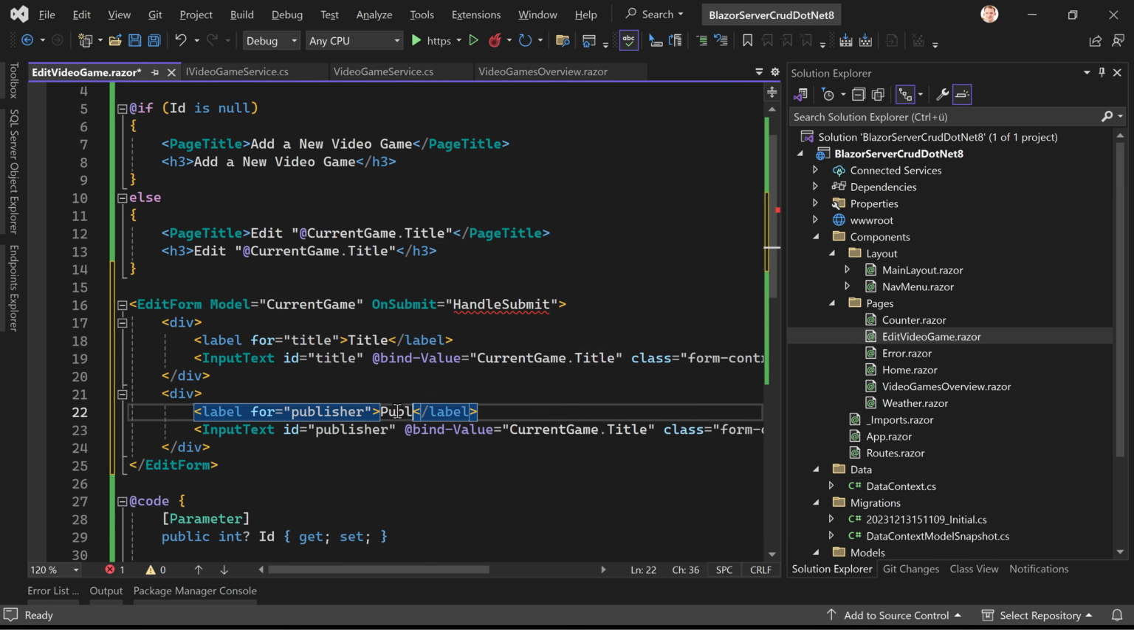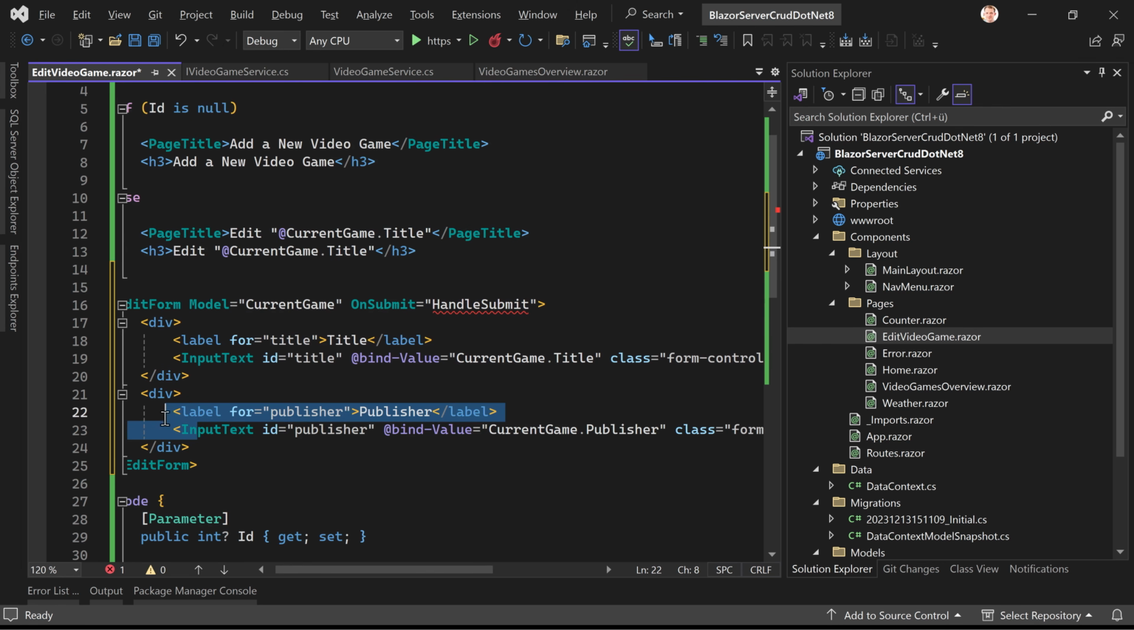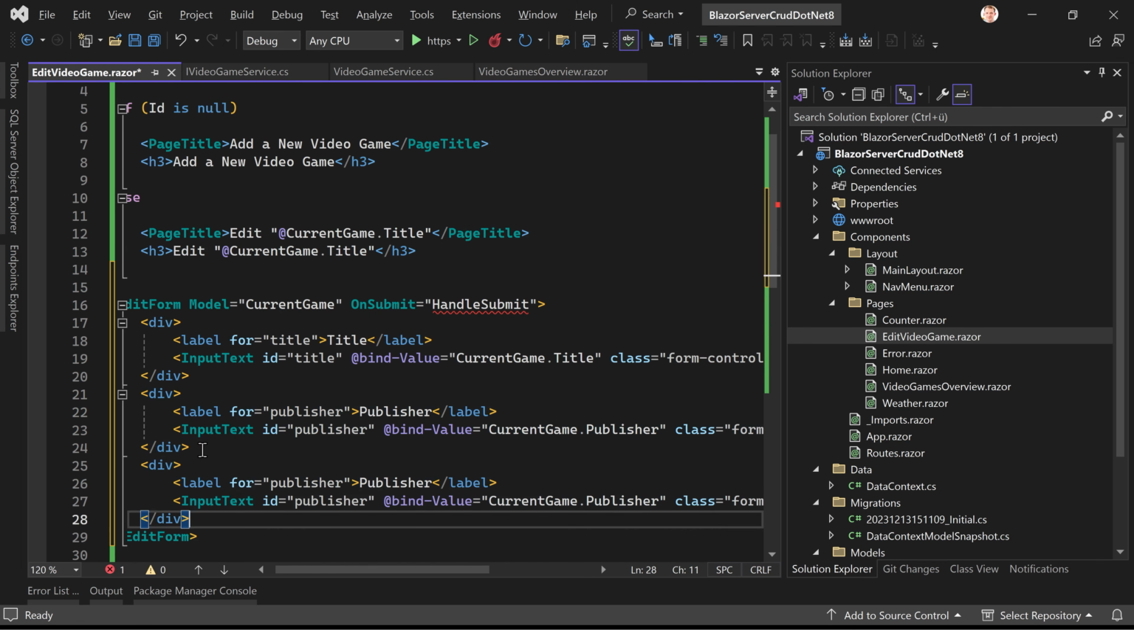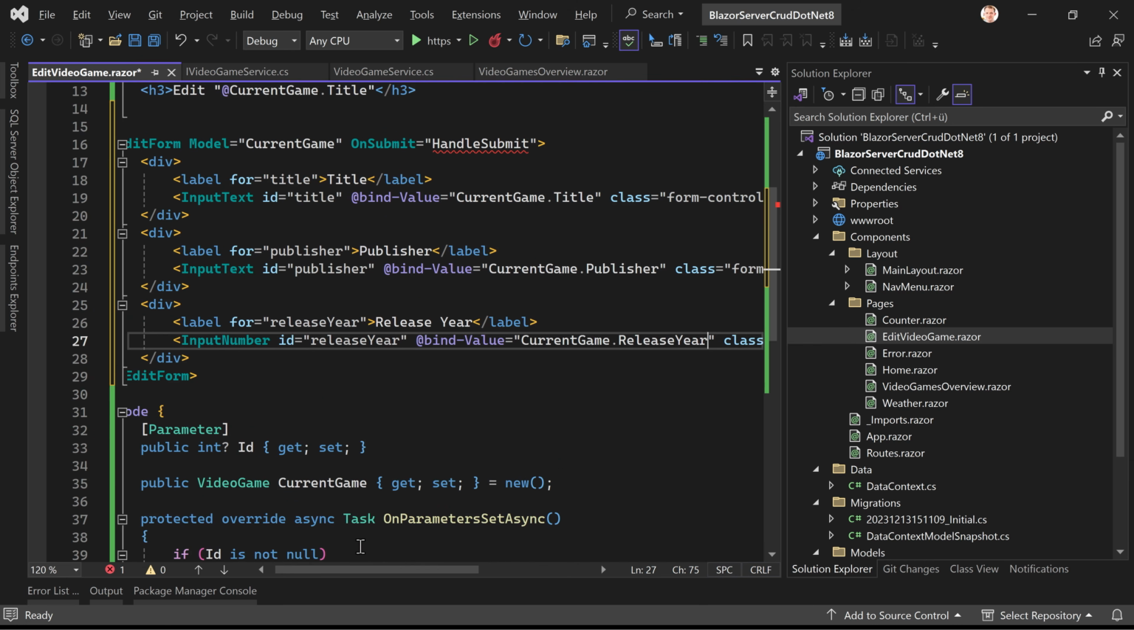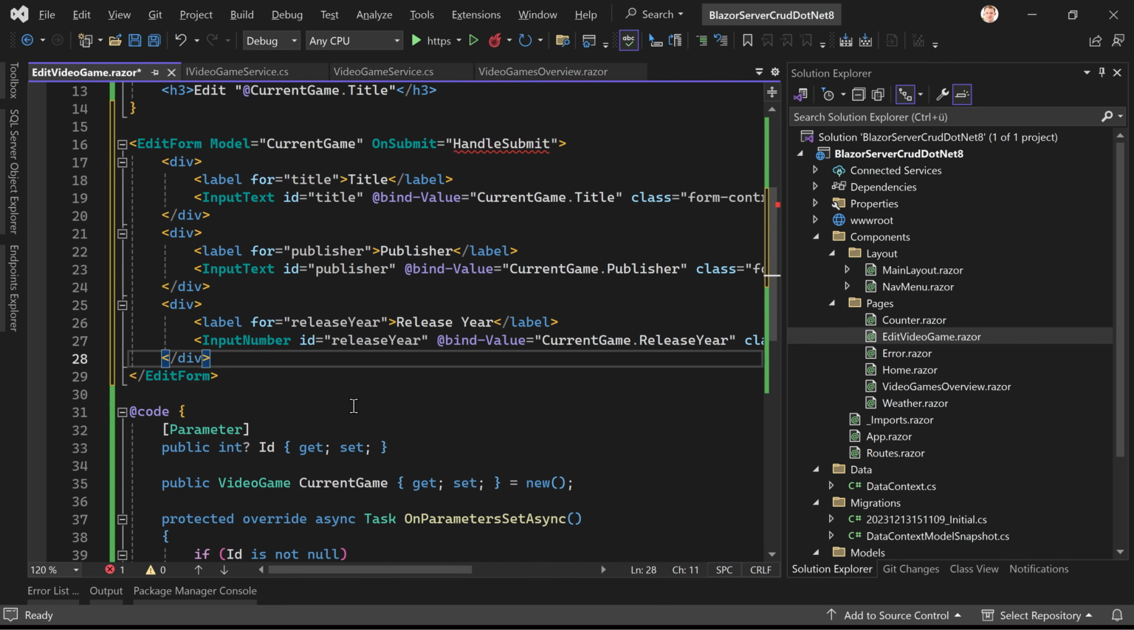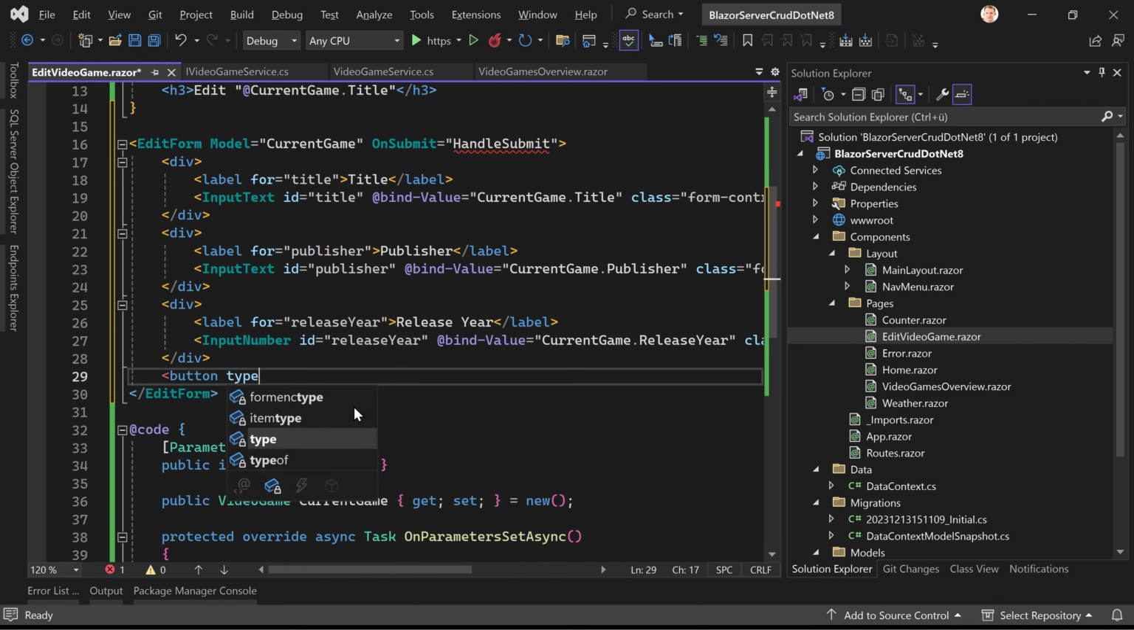Publisher, same thing here, publisher, okay. And again, almost the same stuff. Now it's an input number field if you want, for the release year. So release year it is here, and let's call that release year as well. And the last thing we need is a button again of type submit,